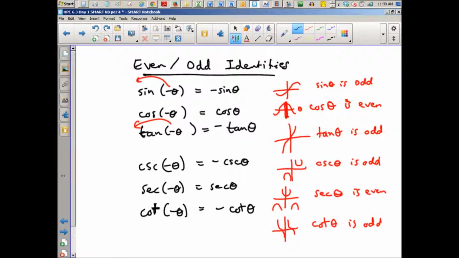So much for the idea that an odd function has to pass through the origin. Some of you wrote that on your first exam. You wrote, the graph is odd because it passes through the origin. No. Look, cosecant is odd, but it doesn't pass through the origin. The origin is actually forbidden. Same thing with cotangent. That doesn't go through the origin, but it's still odd. Something doesn't have to pass through the origin to have origin symmetry. Okay? All right, so are these new? Not really. They're just the idea of odd and even all over again. But it allows us to do